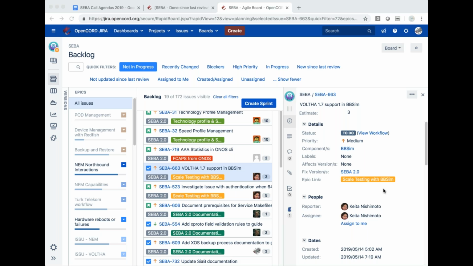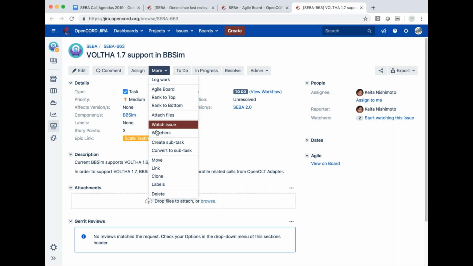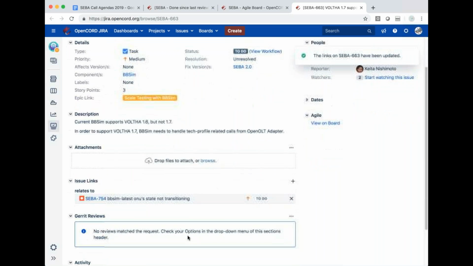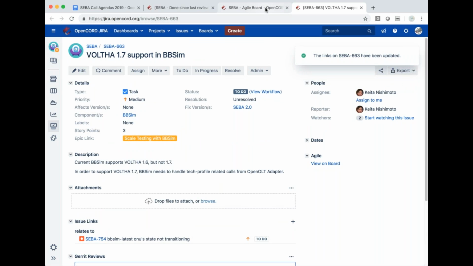So if you can relate this Jira item to SEBA 754, which is the bug we're tracking down in BBSim, once that's resolved, we'll close out this ticket as well. It was 754? SEBA 754, yeah. Are you finding it? Yeah, okay. Alrighty, so I related that. Okay, cool. Okay, great.